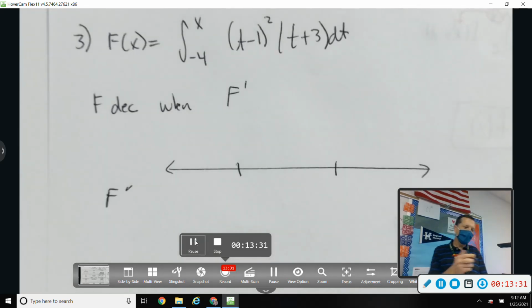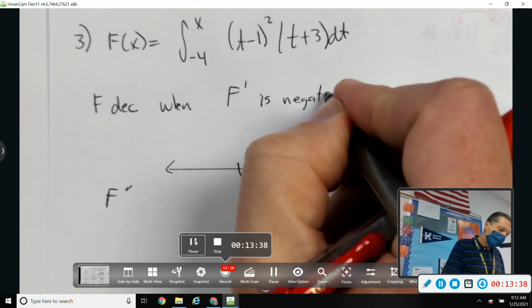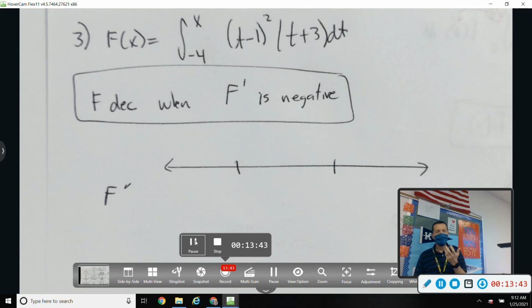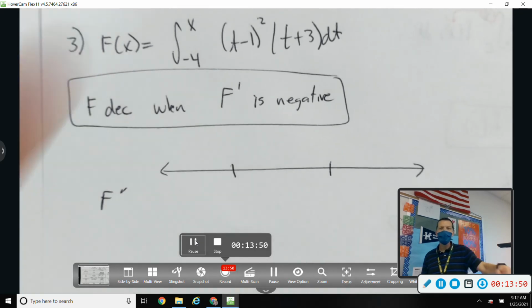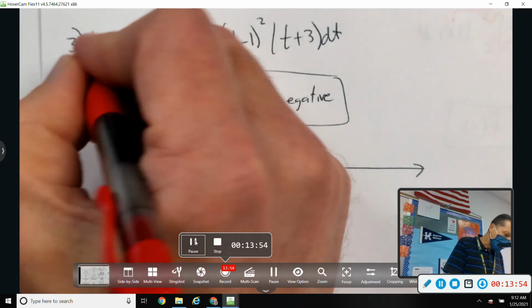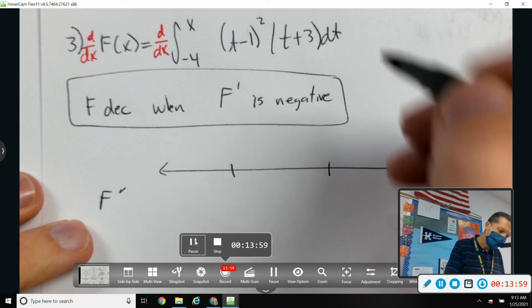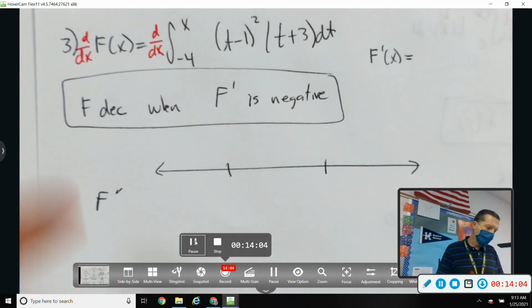All right, so I need f prime because f is decreasing when f prime is negative. In fact, I could box that up. That's my justification right there. Possibly I get some partial credit even if I don't answer anything else because that's a calculus statement. That's what I'm supposed to be looking for. It's part of my answer. So to get f prime, I'll take the derivative of both sides. So f prime is equal to the derivative of an integral